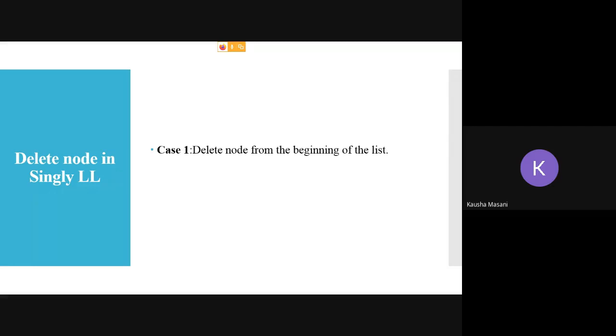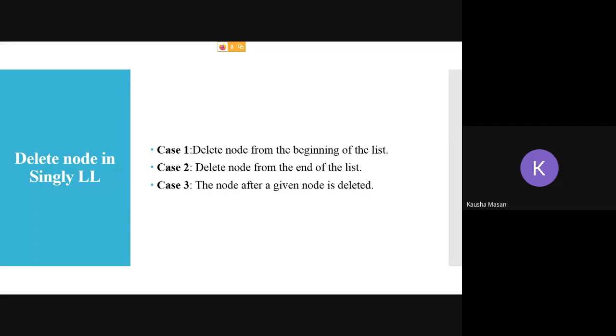So case 1 is delete node from the beginning of the list. Case number 2 is delete node from the end of the list. And case number 3 is the node after the given node is deleted. That means you are going to specify a node after which you want to delete the node.